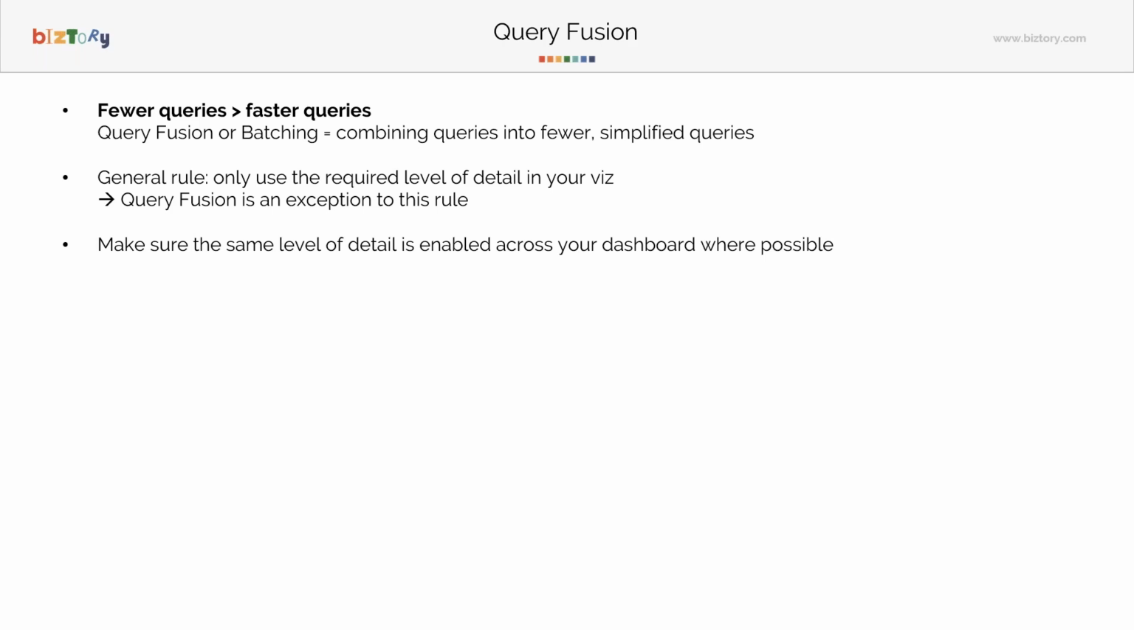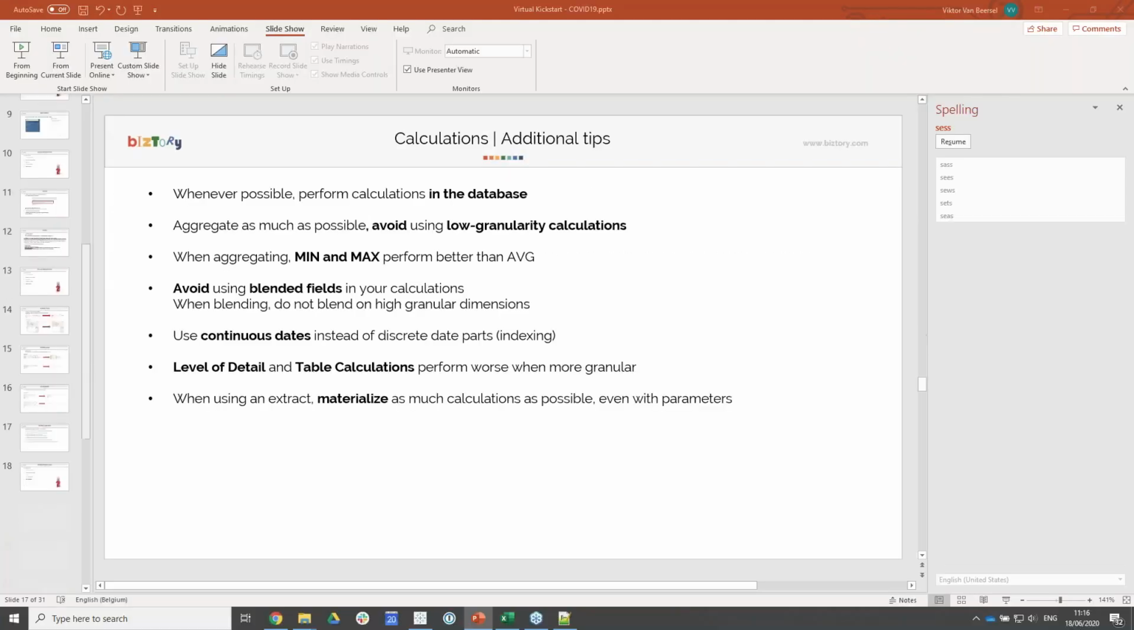that's always interesting. And I said before, the general rule is to only use the required level of detailing of visualization. Query fusion is an exception to this rule, because what we're going to do with query fusion is to add the same level of detail in our viz in order to create the same query. So especially with hierarchical data, that's quite interesting. I'm going to demo that